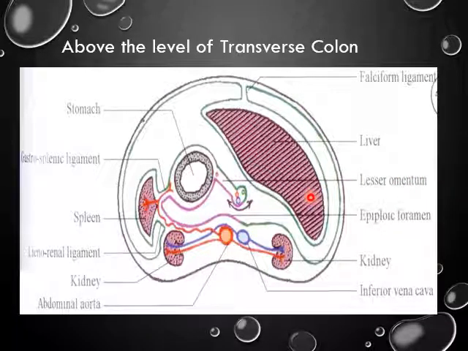Now, we are left with the horizontal tracing above the level of the transverse colon. So, let us start it from here. This one, a bilaminar fold of peritoneum, a little bit onto the right of the midline, is the falciform ligament: 1, 2. So, it is a bilayered fold of peritoneum. This is the falciform ligament. On reaching the liver, it is diverging to the right side and left side, thereby covering almost the whole of the liver. Now, trace the parietal peritoneum onto the right side.